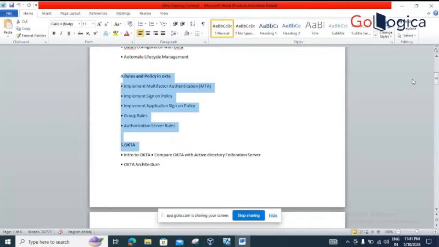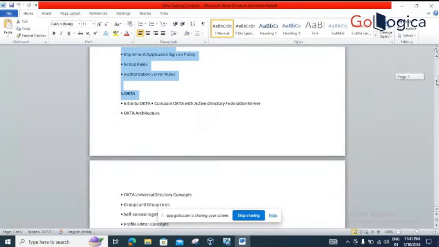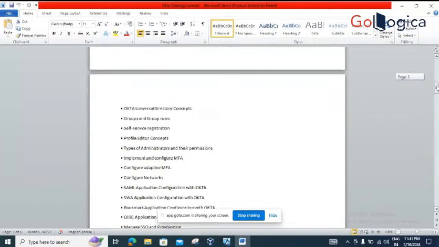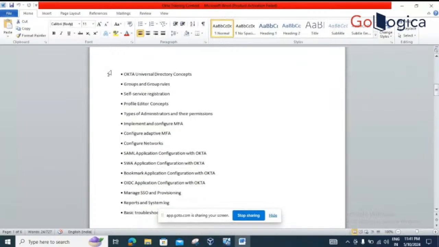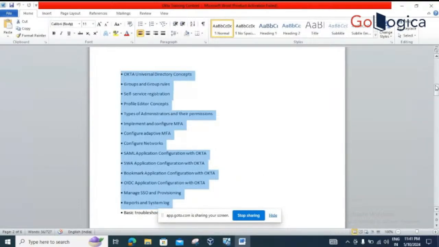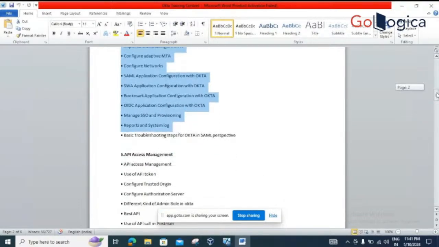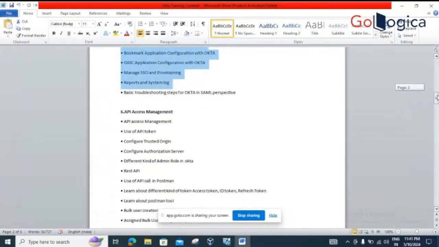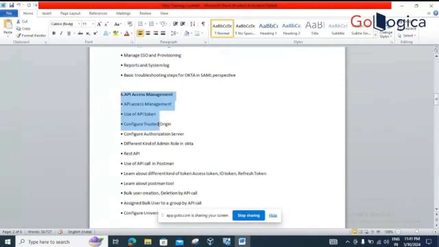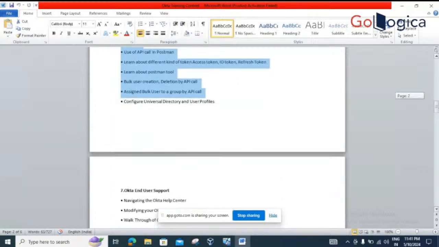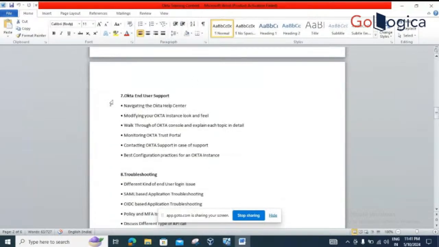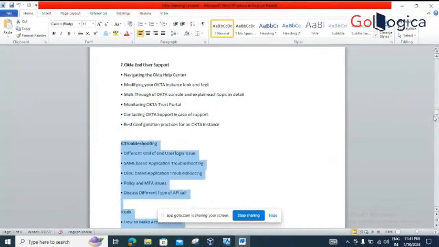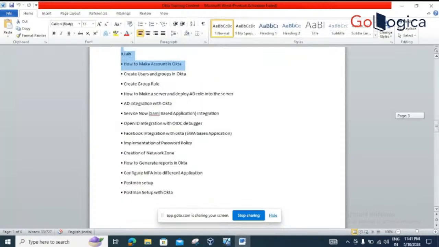Once that is completed, these are all very generic content that I took from some institution. Then it comes to the API, which is also under the security tab. End user support is the last thing. Troubleshooting is the last thing. Okay, so what I am telling you is that I will show you